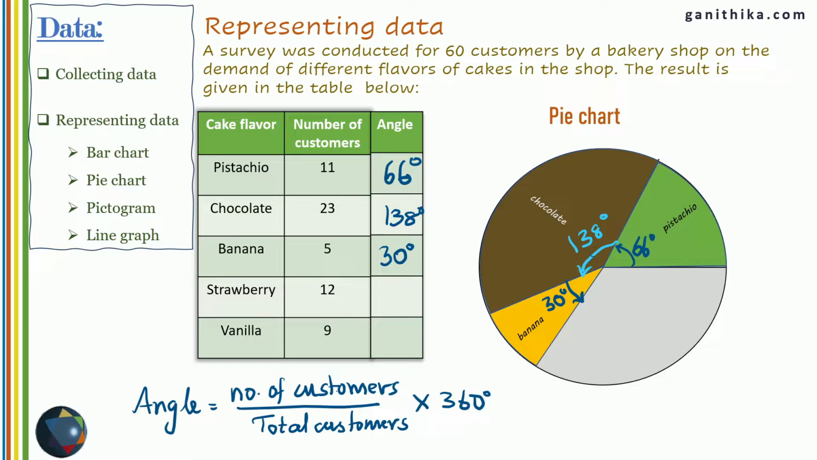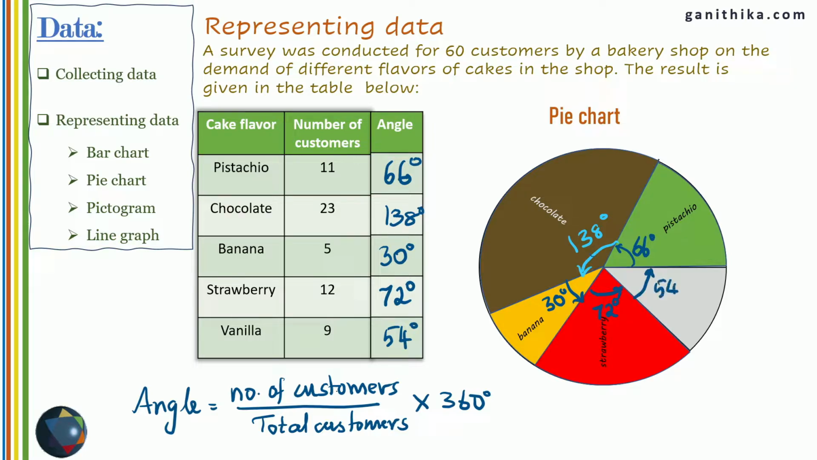And the answer for strawberry is 72 degrees. So you measure 72 degrees from the end of the banana sector, complete the sector and shade it, and call this the strawberry sector. Okay. Now coming to the last one, vanilla, the degree here is 54, and you need to